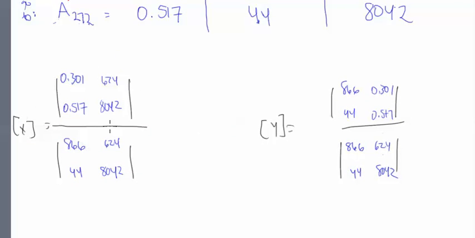Okay, so now that I've plugged in the numbers for the actual matrix itself, I can now turn around and begin to simplify this matrix a little bit. So up at the top, again, to solve for the matrix, I just cross multiply. So 0.301 times 8042, and then I'm going to subtract that from 0.517 times 624, and I'm going to get 272.184 divided by, and I do the same thing at the bottom, 866 times 8042 minus 44 times 624. And I get